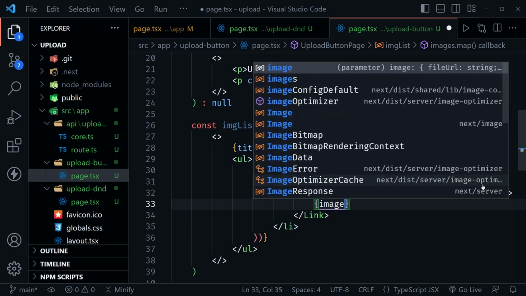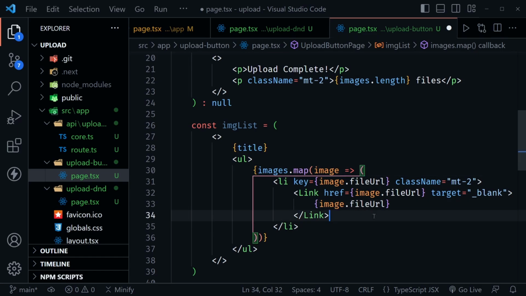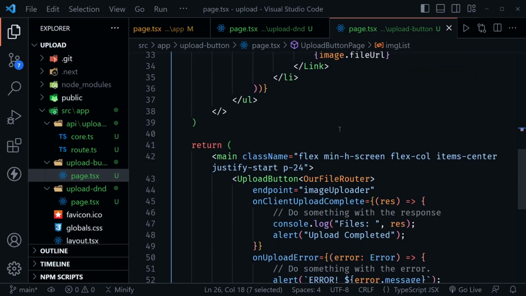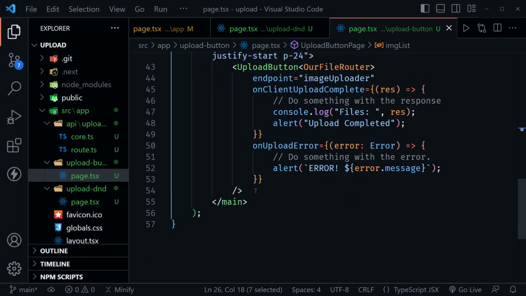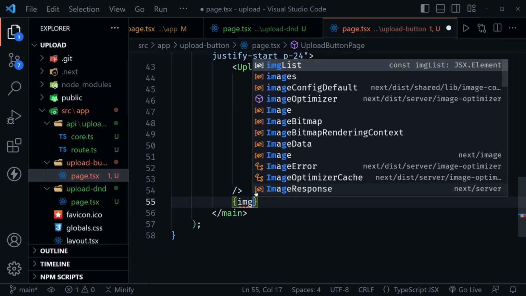And now let's look at the image.file URL here for display as well. So not only are we linking to it, we're displaying the URL as the link. And then finally, let's just take this image list that we created and display it underneath everything else. So still in the main element here, inside of the main element, but after the upload button, we'll put in